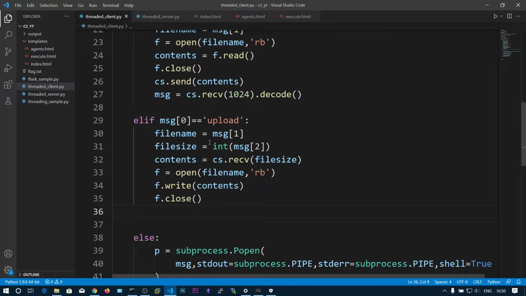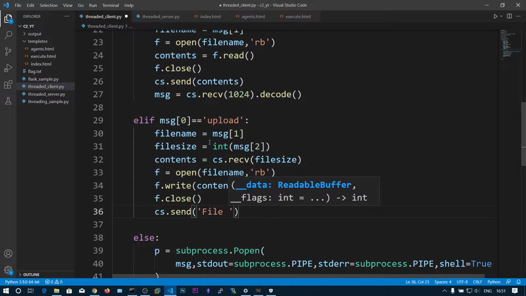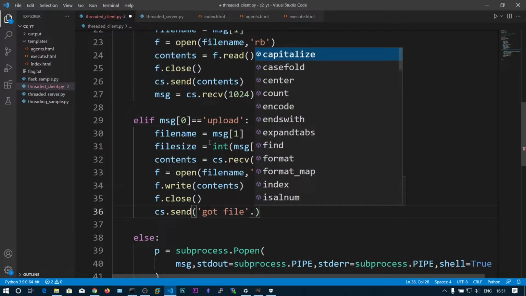So we can say cs.send of got file. So let's say that dot encode.